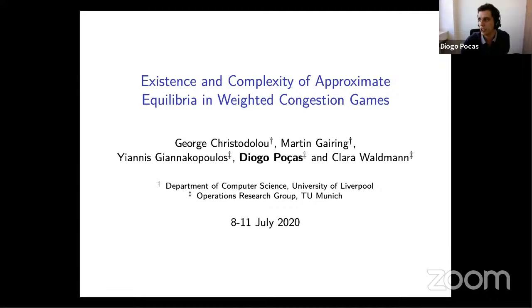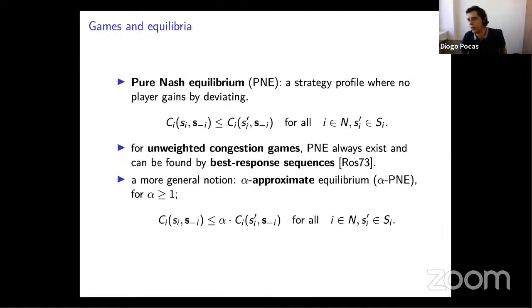In a nutshell, our paper is about trying to find equilibria in games, just like the previous talk. Here we are actually concerned about pure Nash equilibrium, and we are looking in the framework of congestion games. Congestion games are a standard framework for the study of equilibria, and essentially the property is that on each resource of this game, the cost of this resource is just a function of the total amount of players using the resource and not specifically which players are using it.